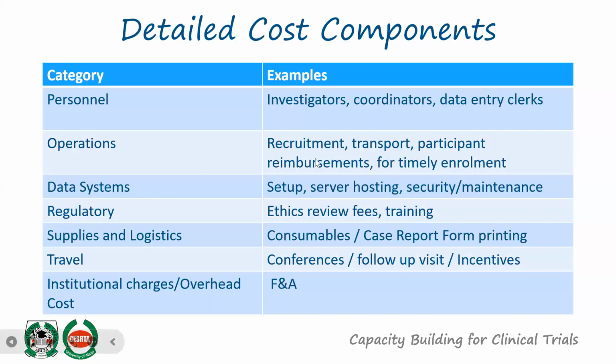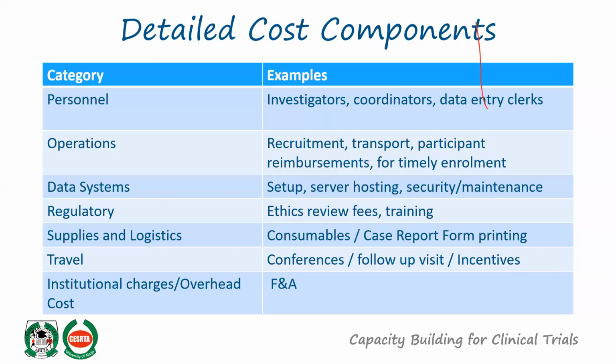The detailed cost components I put here look at different categories we need to consider while developing a budget. We have personnel, we have operations, with examples here, and we have data systems. You need to set up the system, the server, hosting, and security you need to maintain, and of course there could be equipment. Most of the time, even for a clinical trial, when taking samples, you need a place to store the samples. And of course there will be supplies,